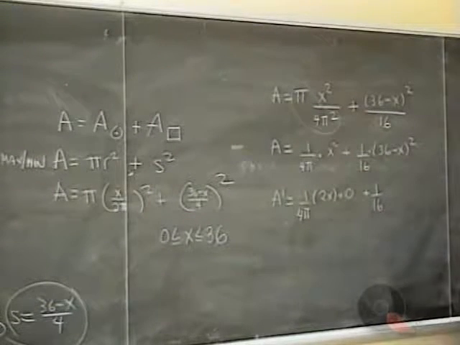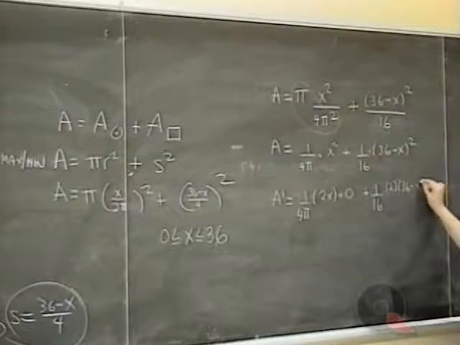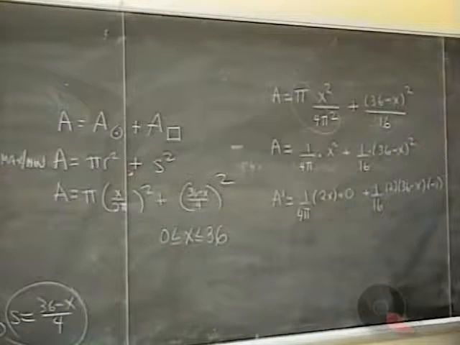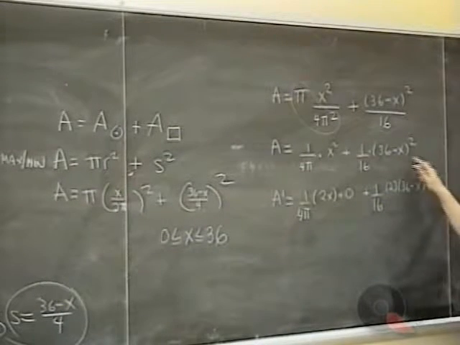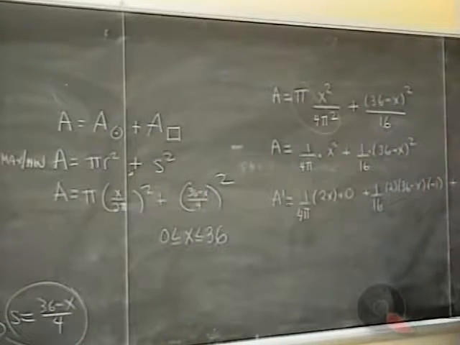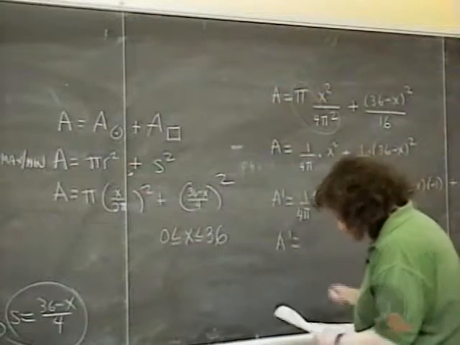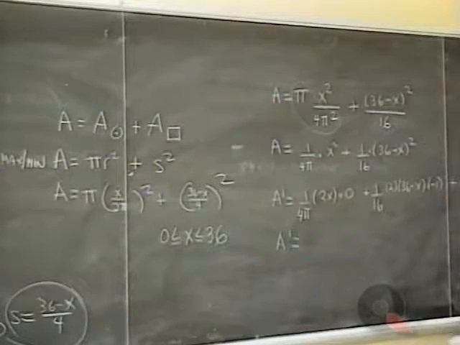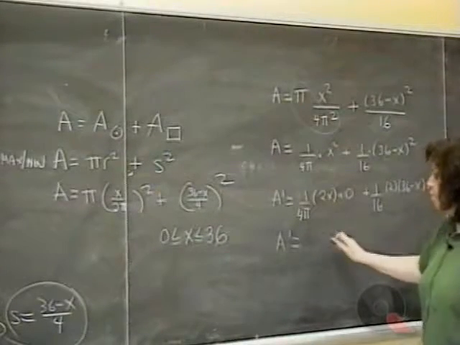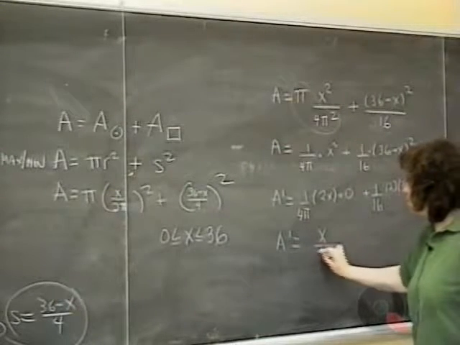Now the second is a function to a power. So it's going to be the power times the function to the 1 less power times the derivative of the inside. First times derivative of the second, plus once again the second times derivative of the first would just be 0. So A prime would give us 2x over 4 pi, or the 2's cancel, dividing top and bottom by 2, we get x over 2 pi,